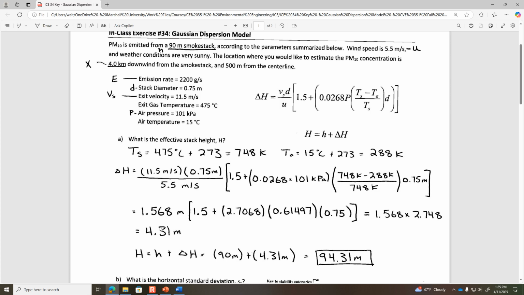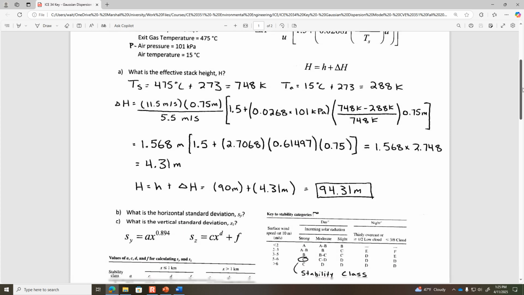So all of that just to find out where the pollution plume starts at. We're saying that it begins its Gaussian dispersion at a height of 94.3. We assume we're at the ground level, that's what we care about, is where people are breathing. The pollution plume is at an elevation of 94.31, and it's going downwind and it's starting to spread out and get bigger and bigger. So the first step to understanding how quickly it spreads out vertically and horizontally is